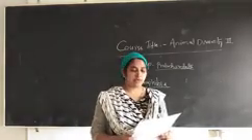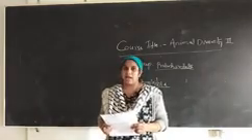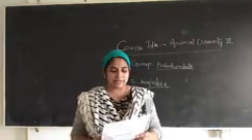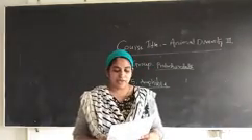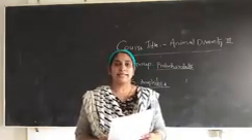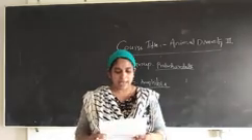Next is the study of Scoliodon. As we know, Scoliodon is a cartilaginous fish, and in local language we call it a shark. For Scoliodon, we study the systematic position or taxonomic classification, and the habit and habitat. What is habitat? The surrounding of the organism is known as habitat.